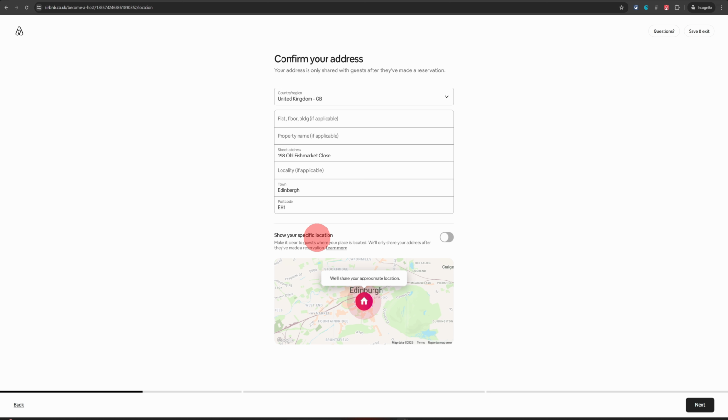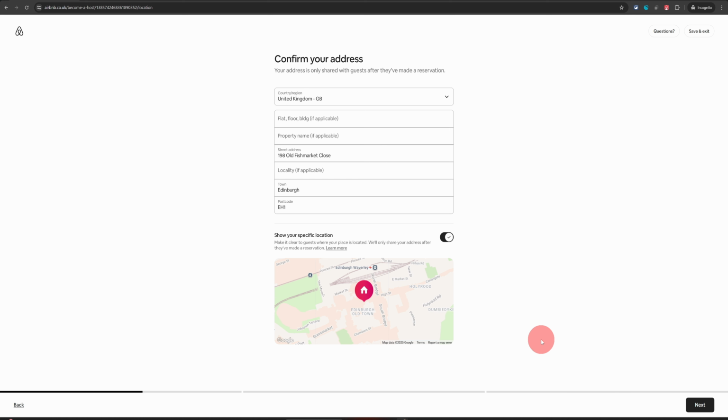There is this option whether you want to show the specific location of your property. So when you flick that, when people are looking at your property, they'll be able to see the exact location of your property on the map. But if you do not want that, you can just switch this off, and after that it will just show this big circle telling people it is somewhere in this area. In my experience, it is always better to show the specific location if you're okay with that,